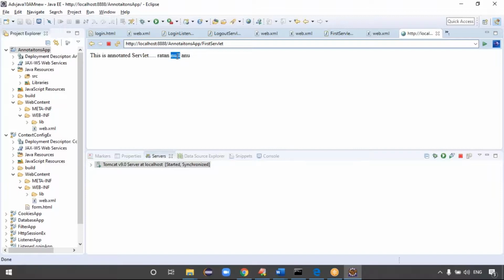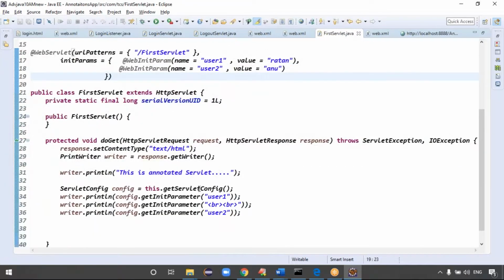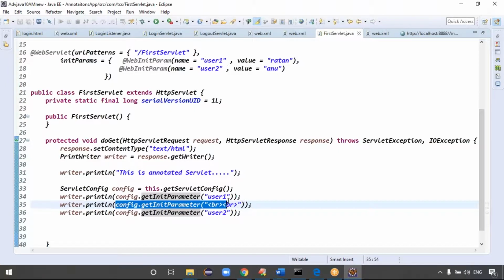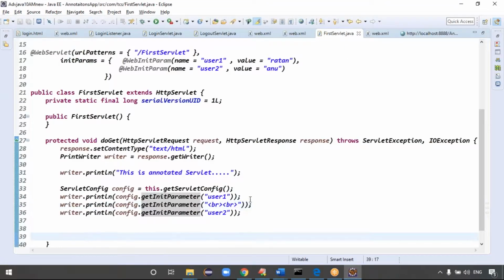Why is this null? Oh, see guys, I'm using a break statement in the getInitParameter. So that's what you're getting. The default value is what? The default value is null, right? Exactly. Actually, I was thinking I have to print the data in the next lines, but I used the break statement inside the getInitParameter. That's why we get null values, right? It's fine. So the output is correct, right? Exactly, guys. Good.